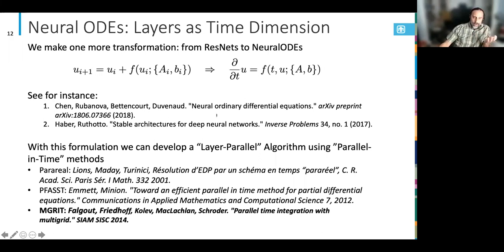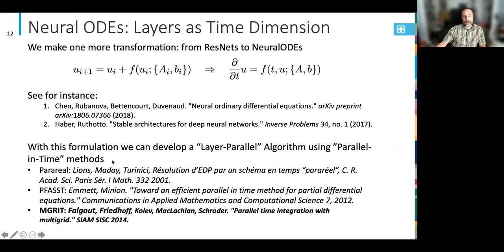There are a number of different papers about this, both this paper in NeurIPS several years ago, and the stable architectures that Lars and Eldad Haber put together. With this time-dependent formulation, we can start to leverage some of the existing methods in the PDE community or ODE community that use parallel in time. There's a nice review article by